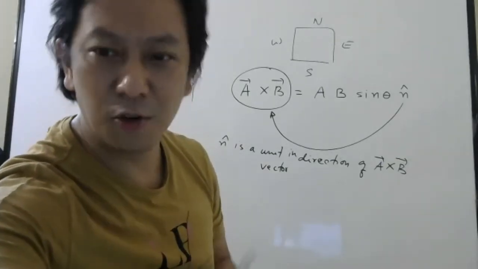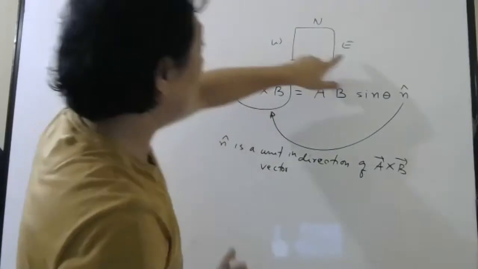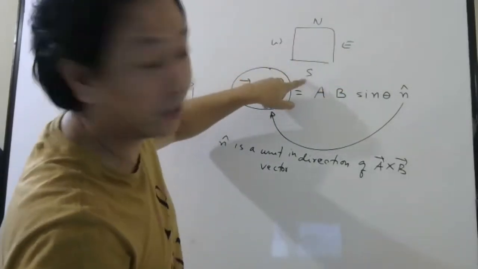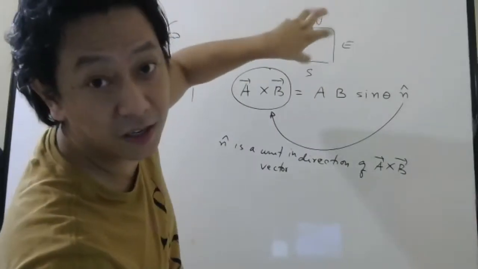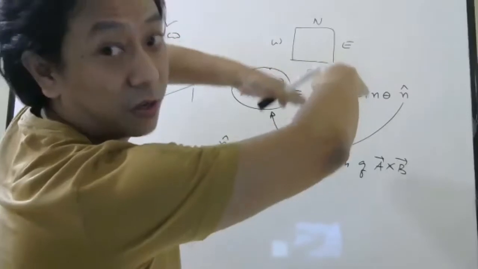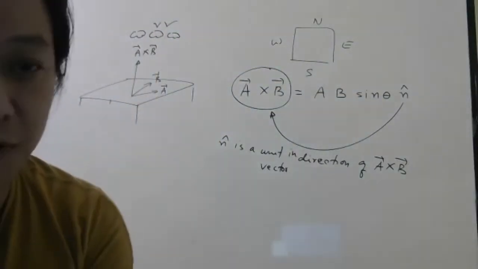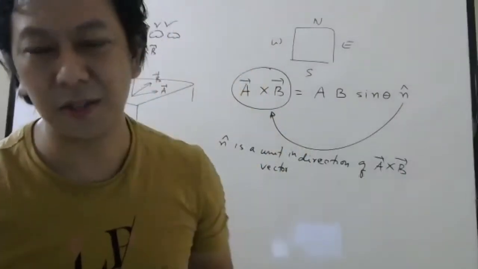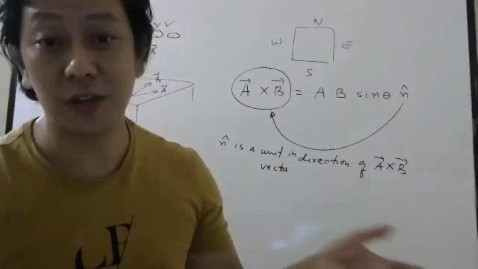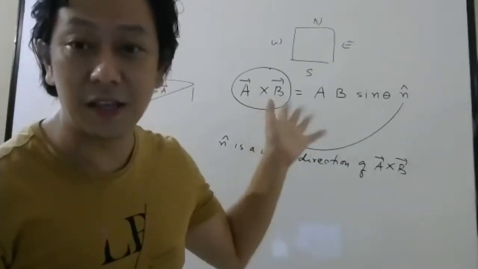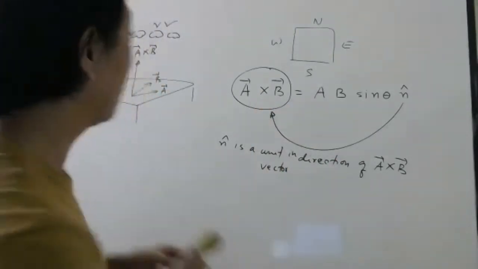It may take time, no problem. So if I say east is here, west is here, north is here, south is here, then your clouds will be here, here, here. Understood? So you have to imagine this board is like this. Okay, students? That is how you should find the cross product of two vectors. Don't worry, later on you will get more examples. And second PU students understand the magnetism chapter very easily because they understood these things in first PU.